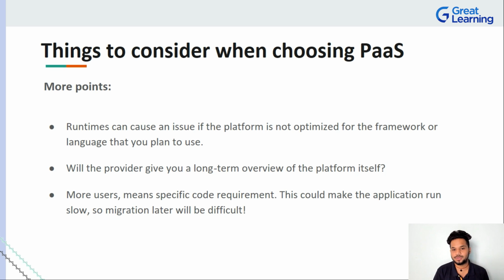So that is something which you have to consider as well. And regarding the platform, the second point is not a lot of concern to everyone these days, because we know AWS, we know Azure, and we know that GCP are the guys who will be leading the industry now, and there's a very good chance 10 years from now these guys will still remain the leaders, seeing how things are going. But is the provider giving you this kind of a long-term overview which is needed for the platform, for